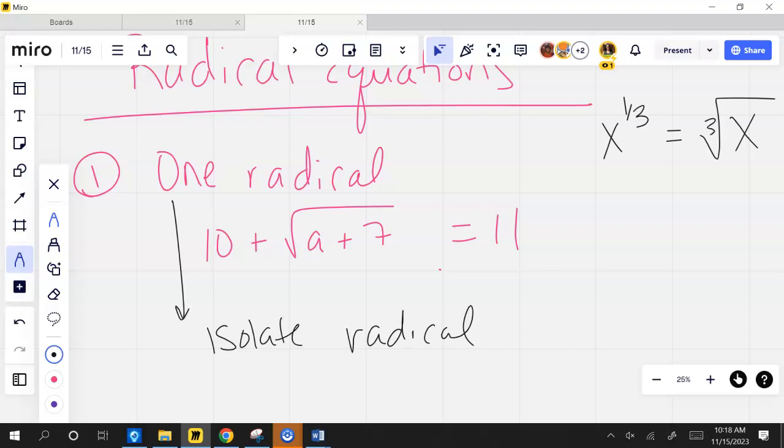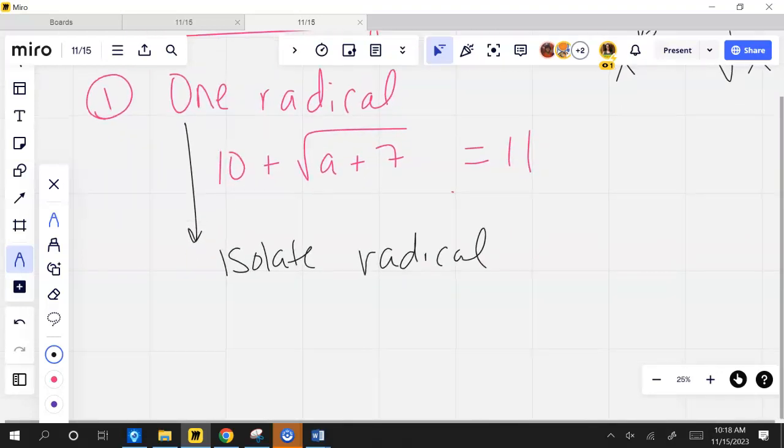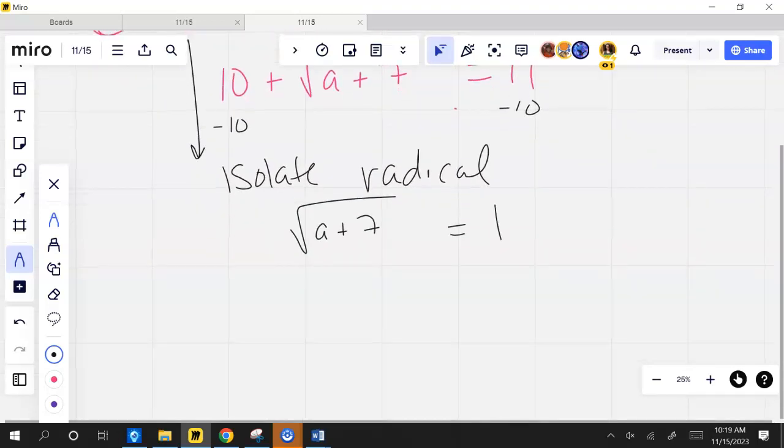We can have a lot of stuff under the radical or not a lot of stuff under the radical. But what I'm going to do first is get the radical by itself. How do I do that here in this one? Sure. Subtract 10. If I move the 10 over, that leaves me with the square root of a plus 7 equals what? 1. Once you have the radical isolated, bless you,